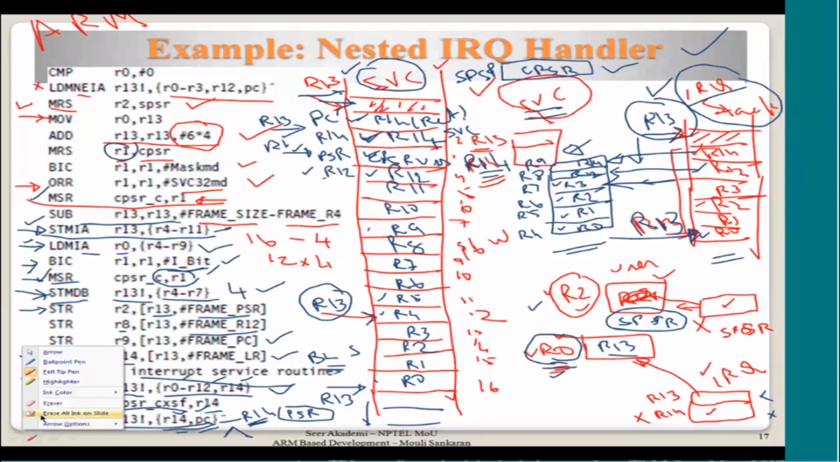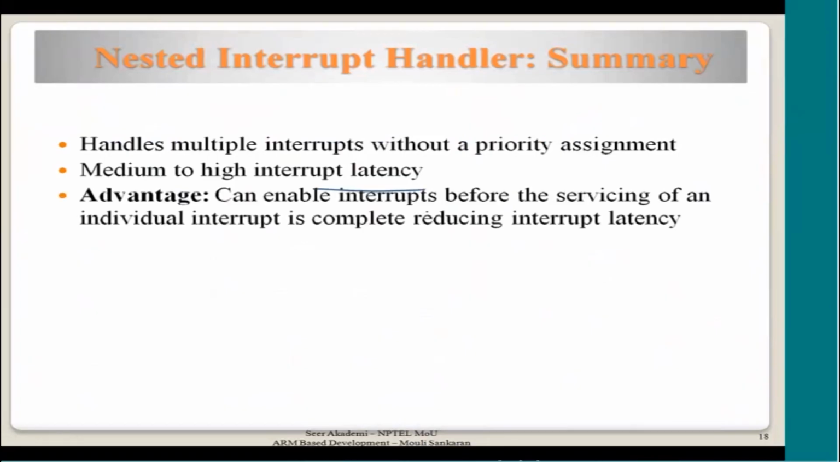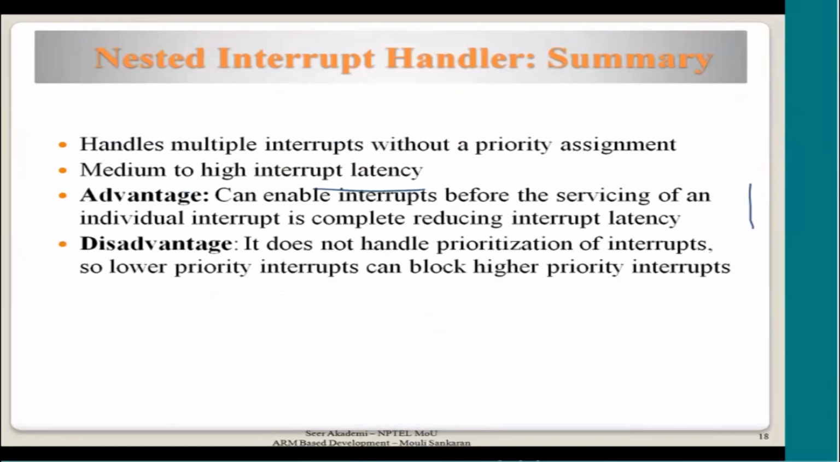So let us go back to, I am erasing it. Let us see the summary: handles multiple interrupts without priority assignment, medium to high interrupt latency. Advantages: can enable interrupt before servicing of individual interrupt. I told you the second level handling is done after enabling the IRQ interrupt. What is the disadvantage? It does not handle prioritization of interrupts, so lower priority interrupts can block the higher priority,